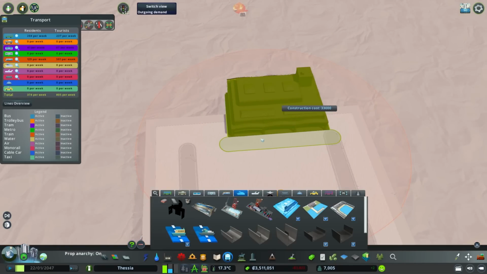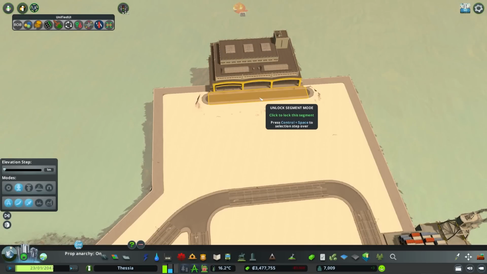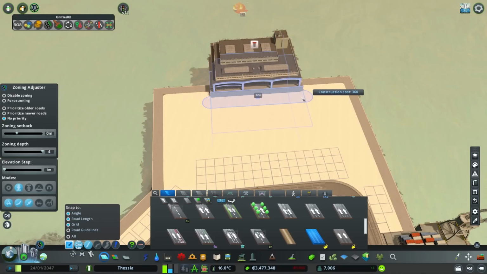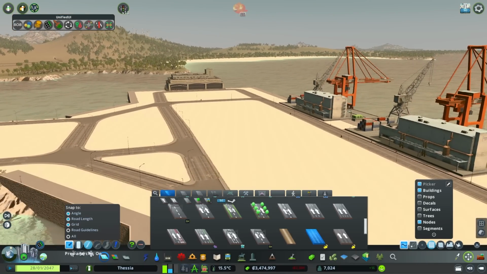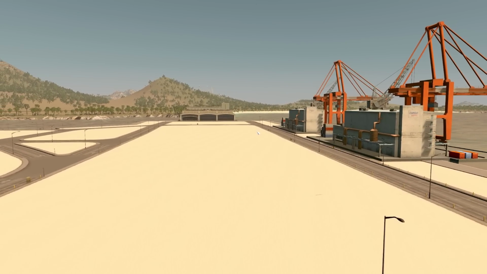And then we'll stick this one in possibly about here. And again, we'll do that same trick with multi-tool, just so we're consistent with the same roads across the whole port. And then we just move it to grab our buildings and nodes and bring everyone down to the same level. And that should just give us another bit of blockiness and bulkiness on our port here,